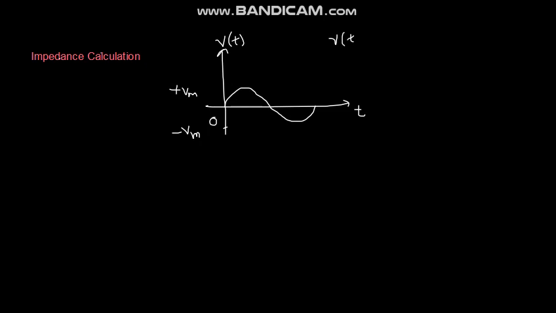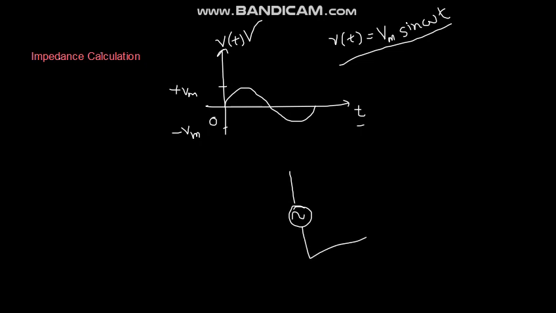We can write it down like this: Vt is equal to Vm sine omega t, and there's a t and there's a Vt, and we can find out this also. If we just think about a series RL circuit, and that's the Vt signal, that's the input signal,